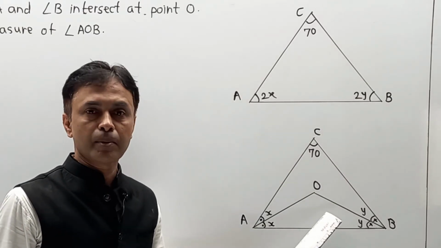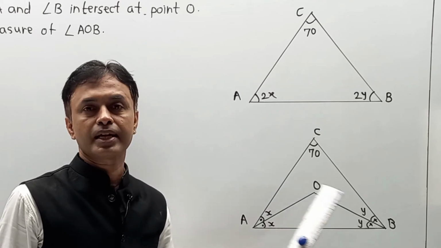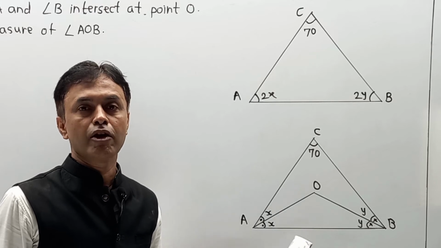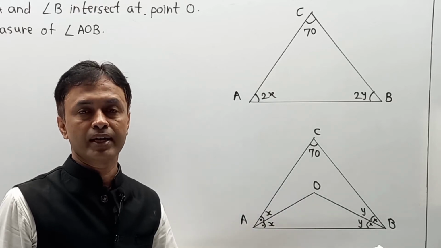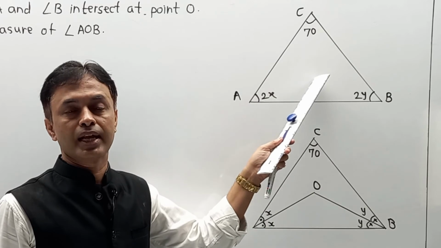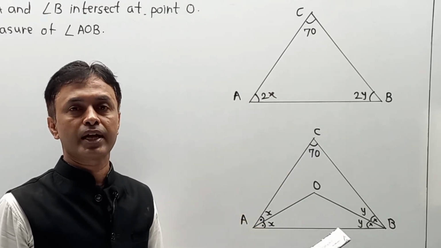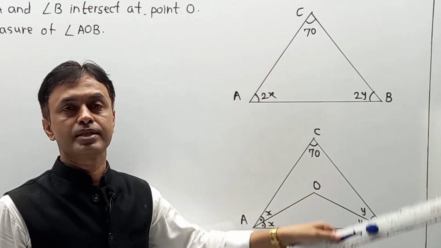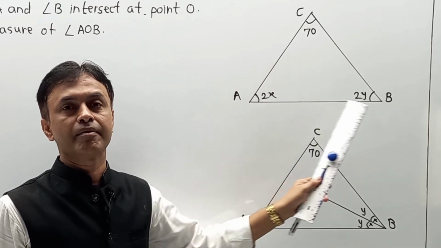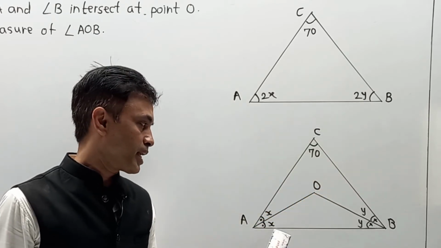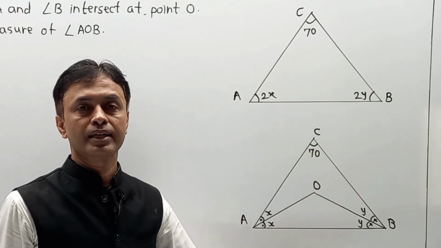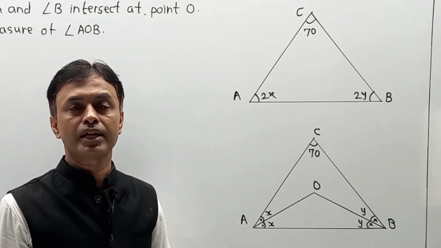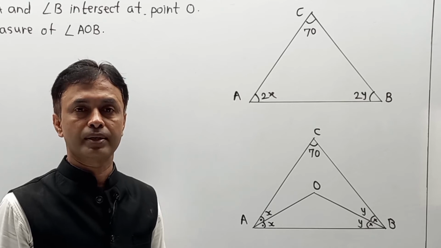As we have done the declaration about the angle bisectors, first of all we give the angle bisector explanation and the value of x, x and then y, y. After that we enter into this triangle, and the logic is that the sum of the angles of a triangle is 180 degrees, meaning 70 plus 2x plus 2y is 180. From that we get the value of x plus y, and using that we are going to solve the third triangle. That is why I have drawn this diagram in front of you. So I am going to create a structure over here, and in the form of structure we are going to solve it.